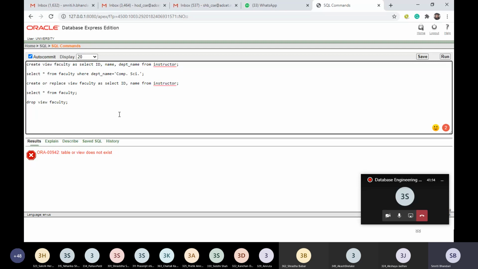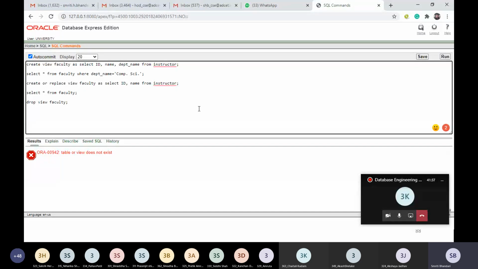Whether that view can be accessed, whether I can visualize the data in the view or not. No, because this view will be invalid.